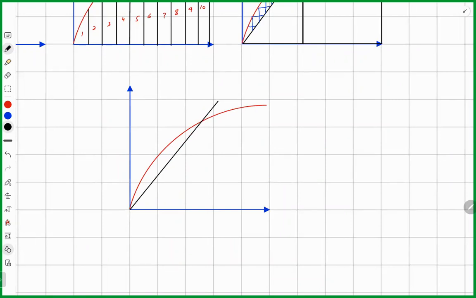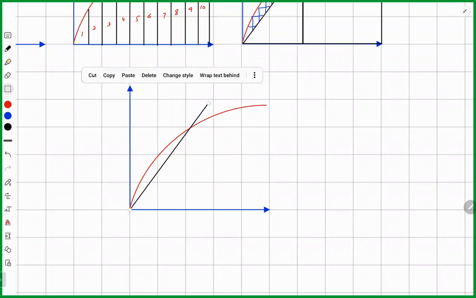Approximately, what you do is you draw a line like this, and then like this. Now what you have done,